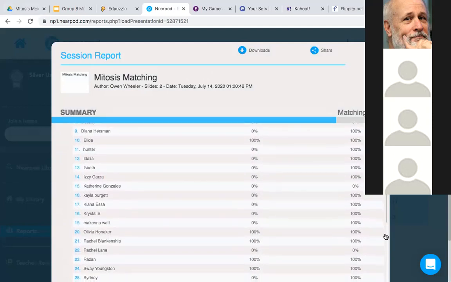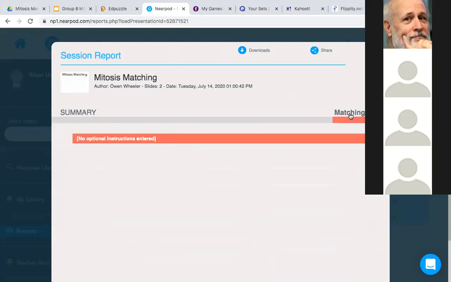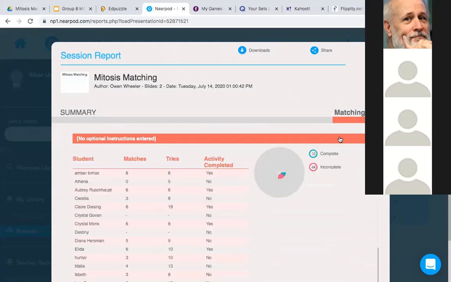And if you download the full report, you're going to get a much more detailed explanation. You can actually see, oh, they only got 3 out of 8 attempts. They did 19 attempts trying to get those matches. They were just randomly clicking. So you can get a more detailed report as well. And again, use it as an assessment and assign a grade to it.